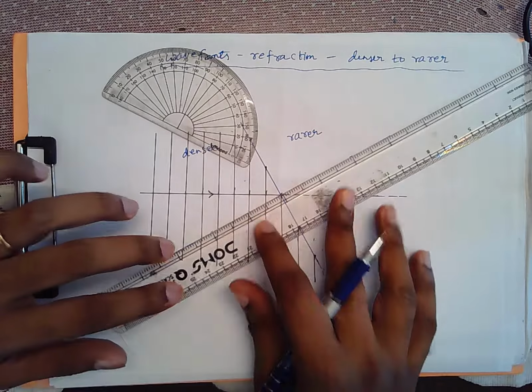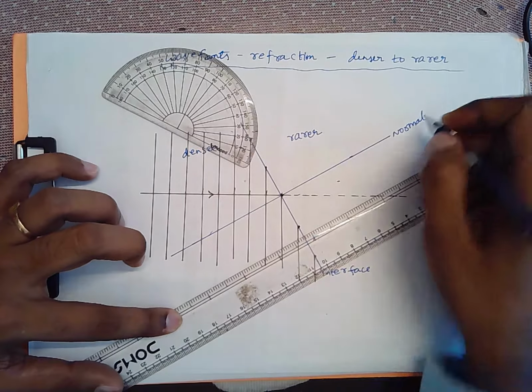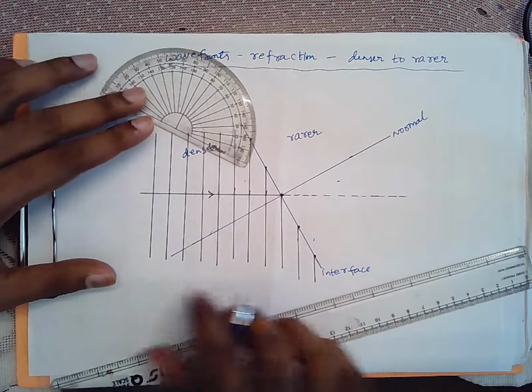Okay, so normal we have drawn to the point of incidence. So the angle of incidence is this,